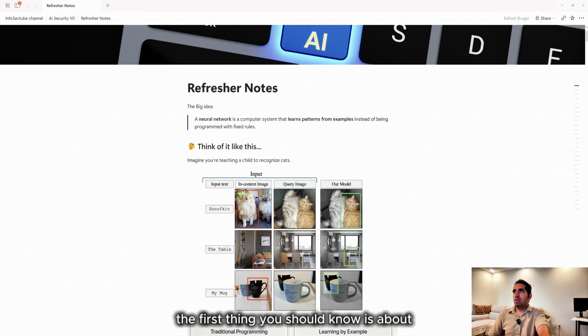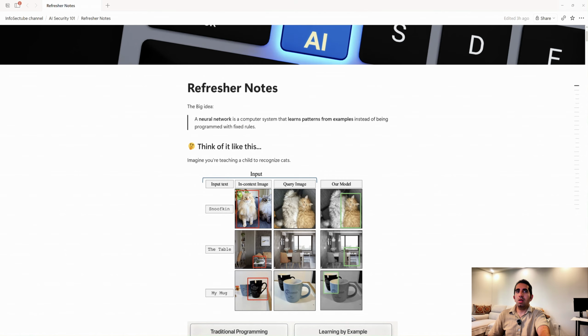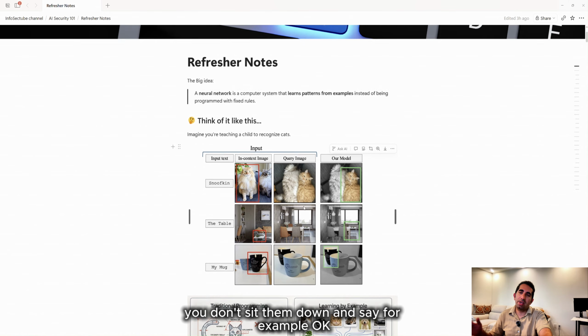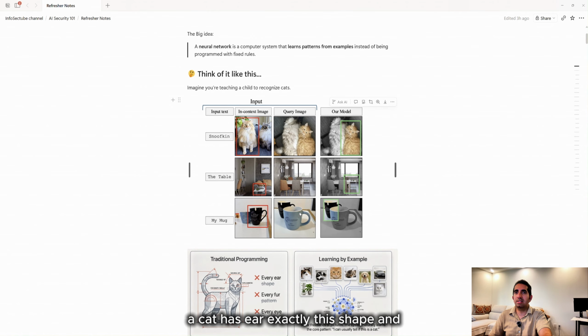The first thing you should know is what a neural network is. A neural network is a kind of system that learns patterns from examples, and it does not rely on fixed, hard-coded rules. For example, think about teaching a kid to recognize a cat. You don't sit them down and say, okay, a cat has ears exactly this shape,